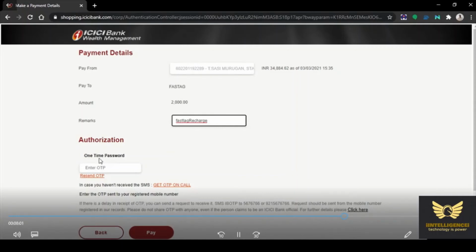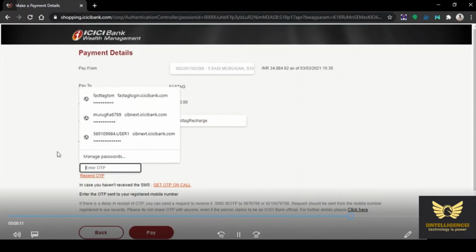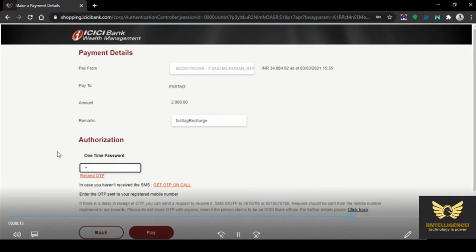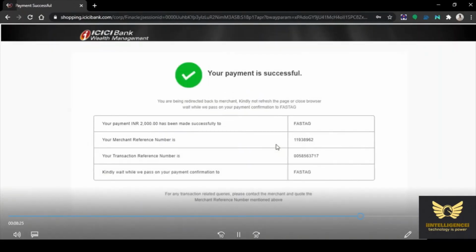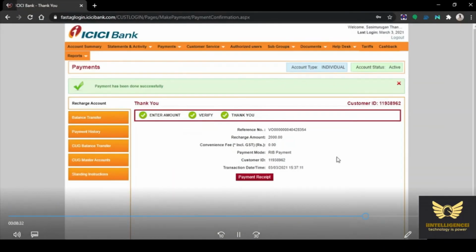Just a minute, let me check the mobile. I am entering the one-time password which I received on my registered mobile number. Then click pay. Yes, your payment is successful. Payment of rupees 2000 has been made successfully to the FASTag account.